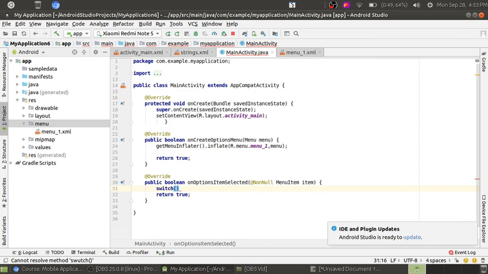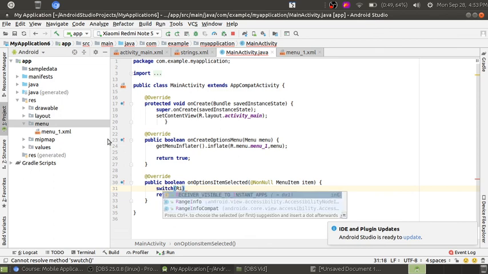So here you have to say item.getItemId, and say when case 1, that is your first ID, is selected.